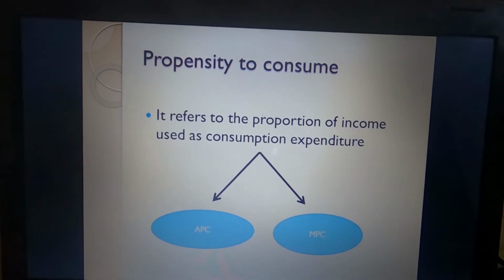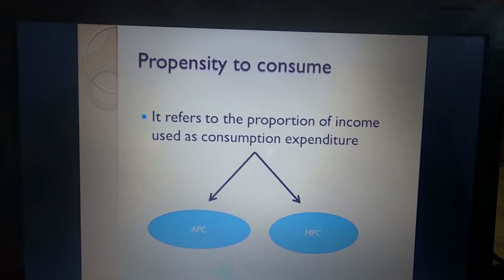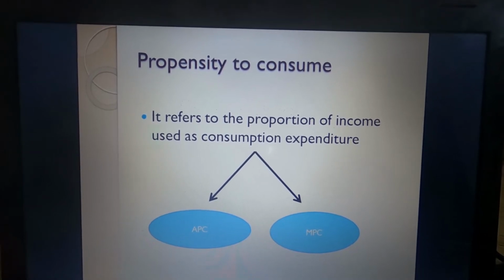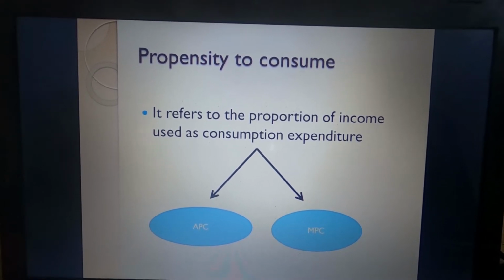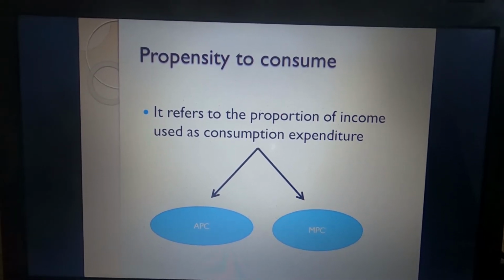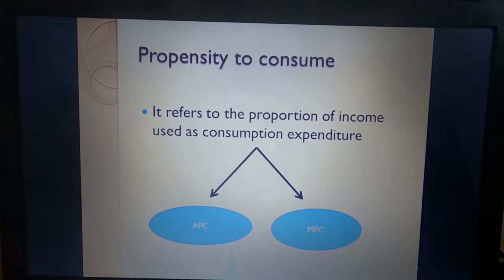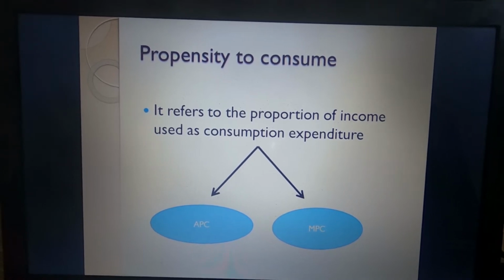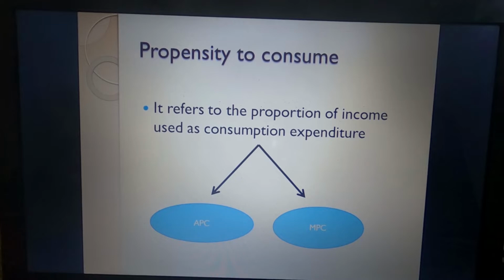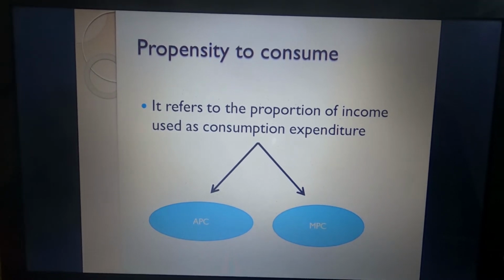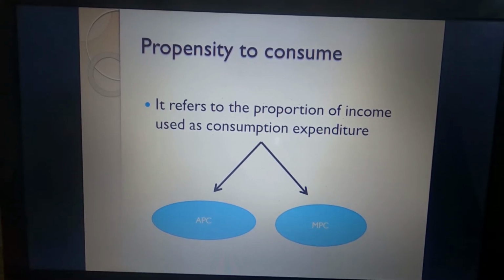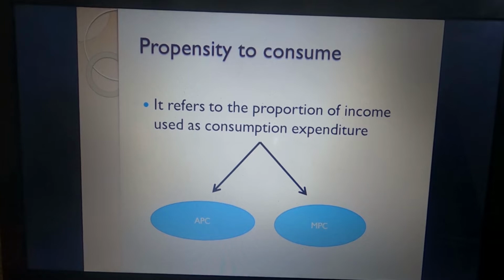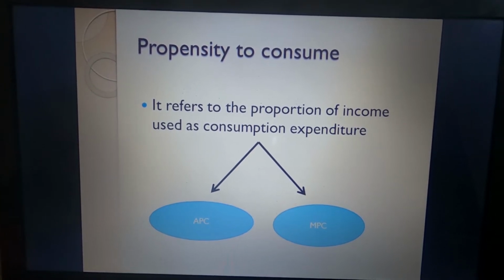The topic is about propensity to consume. Okay. Now see here, what is the meaning of propensity to consume? It means the proportion of income used as consumption expenditure. Right. Now, what does it say here? It says that, say for example, if a person has income of 100 rupees